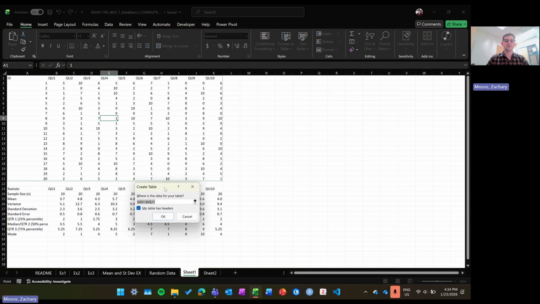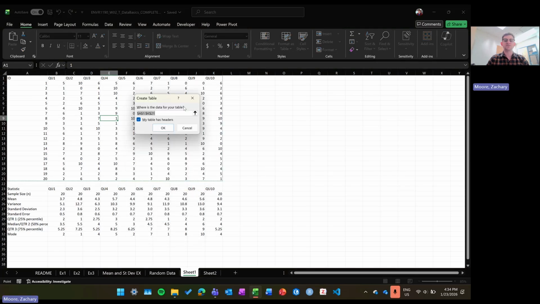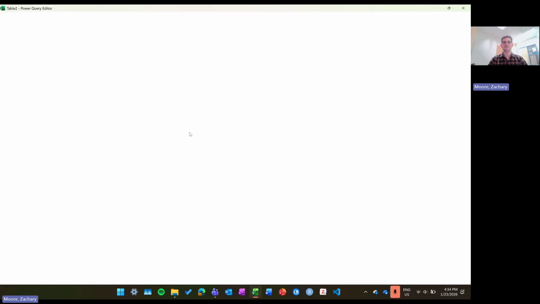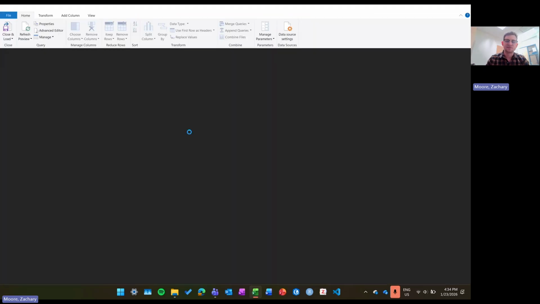And when we do that, it's going to say, okay, where is the data for your table, and does it have headers? By headers, it just means those column names. So we click OK because it's highlighted by these green things, the right block of stuff. We click OK. Then it's going to take us into the Power Query window, which is one of my favorite